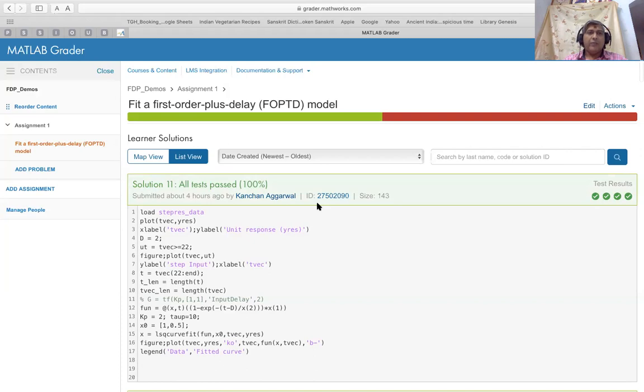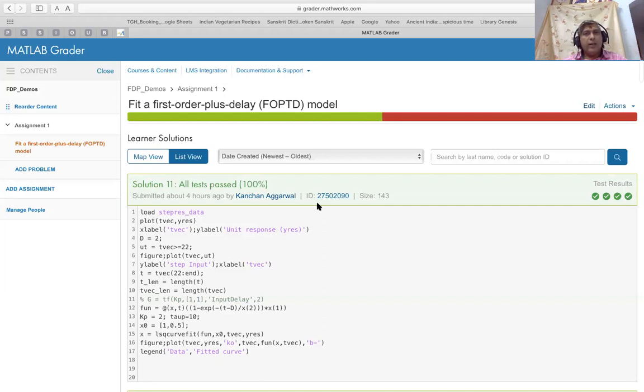In this demonstration, we have seen how to set up problems in the question bank, and then how to create a course, and then enroll people to that course, and within that course, how to create an assignment and add problems, and finally monitor or examine the solution submitted by the users according to the number of attempts that you have set, whether unlimited or limited, and that there is an option of going deeper into the analytics with the learner analytics provided by the grader. So hopefully you found this demonstration very useful.